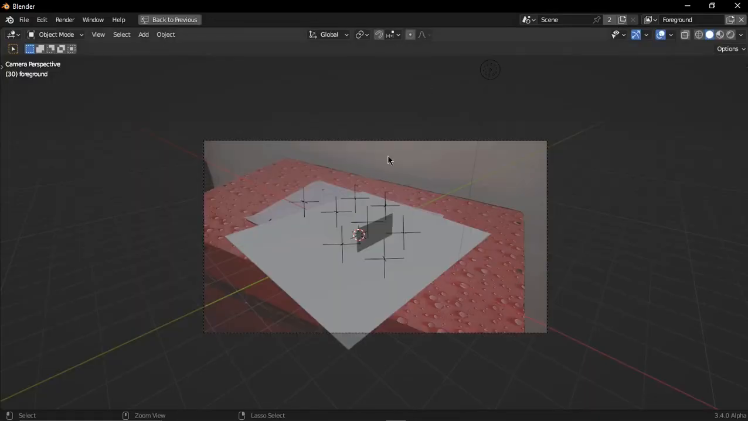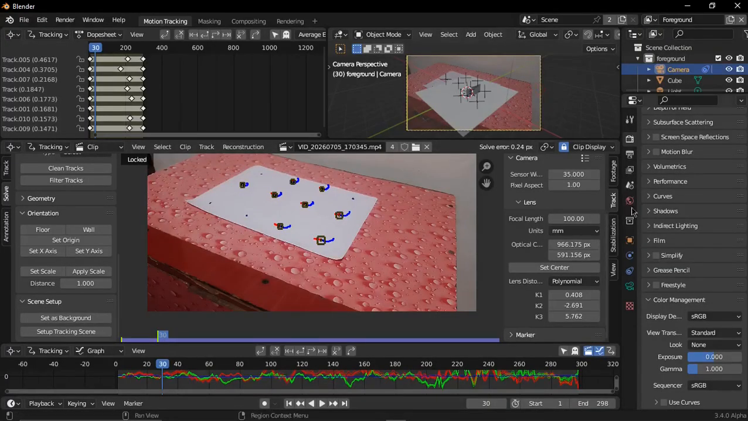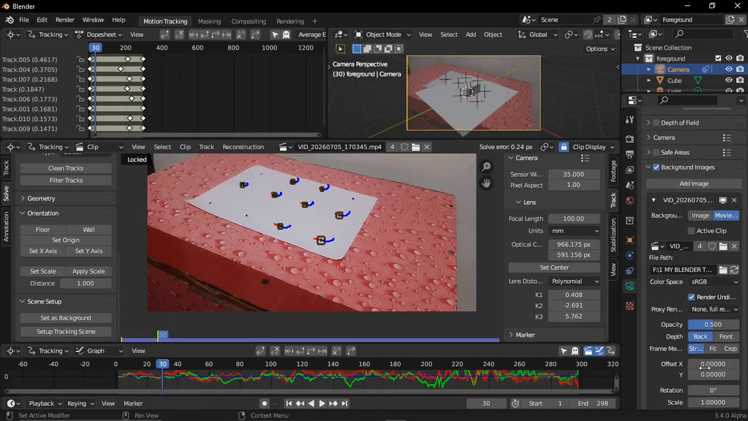100, perfect, and select camera, go to camera properties, opacity 12, very good,